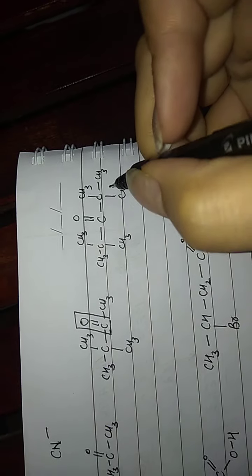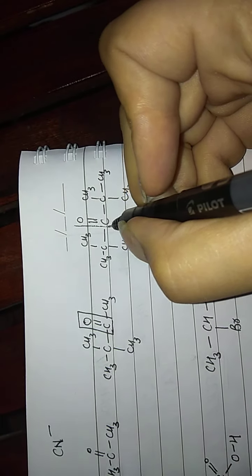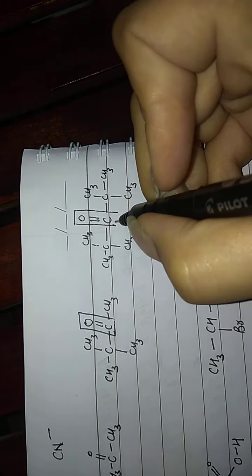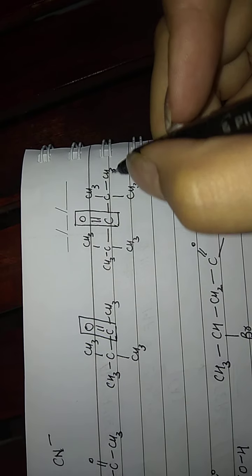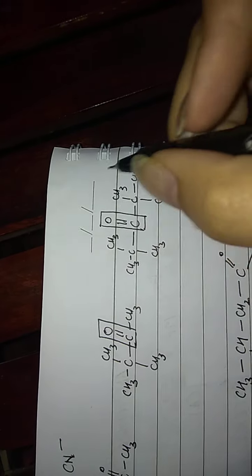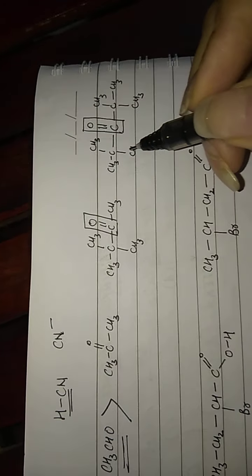Similarly, di-tertiary butyl ketone. This is my ketonic group and it says di-tertiary butyl. That means there are two tertiary butyl groups on either side of the ketonic group. One tertiary butyl group here and one tertiary butyl group here. Okay, now out of these three ketones, I have to figure out which is most reactive and which is least